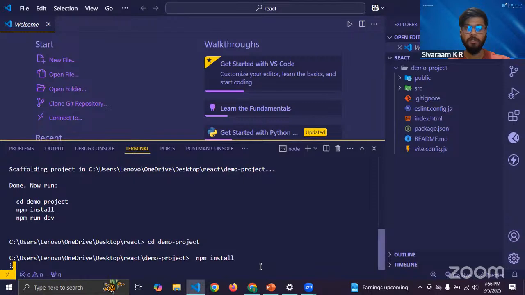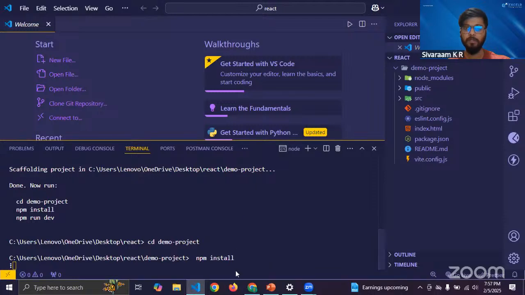So before that, if you're working on VS Code, right? I want you guys to install some extensions for this. So for that, in your VS Code to the right side, you'll get this icon here. It looks like a cube. So if you click on this,